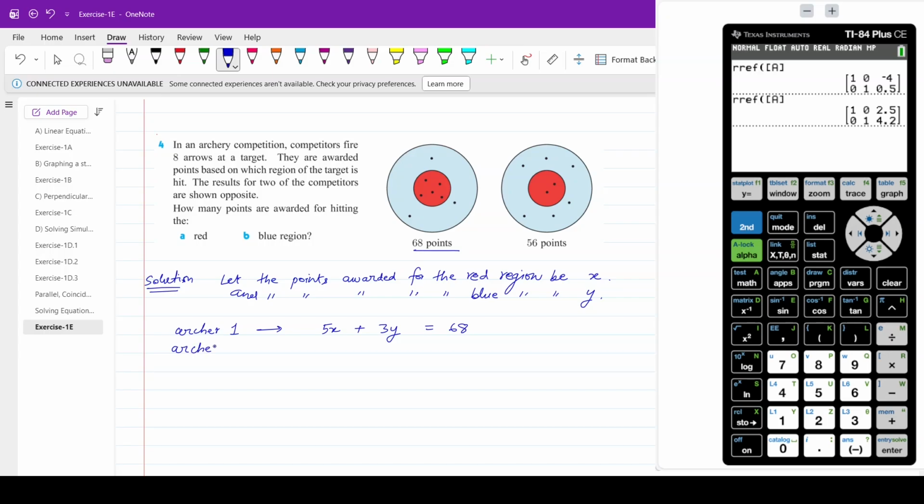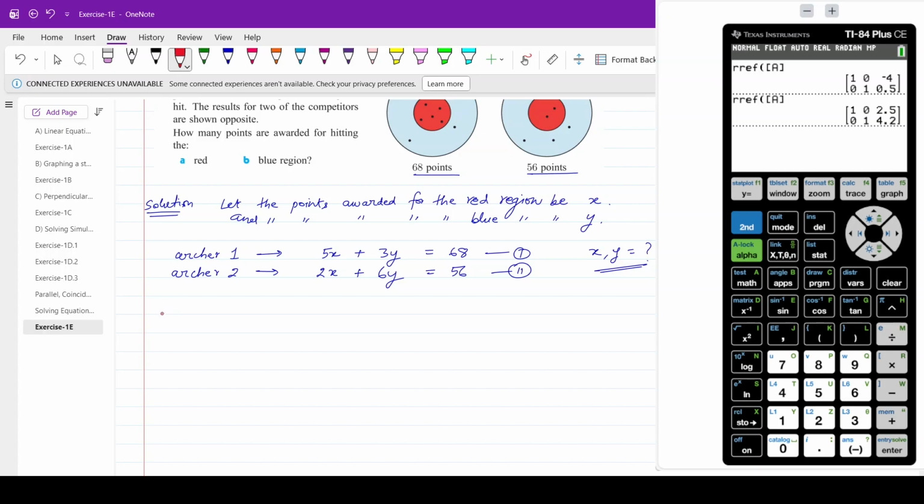Similarly, for archer number 2, we have 2 arrows in the red region, that will be 2x, and 6 arrows in the blue region, that will be 6y, is equal to a total of 56 points. This is our equation 1, this is our equation 2. We have to solve for x and y. Let's now solve these equations